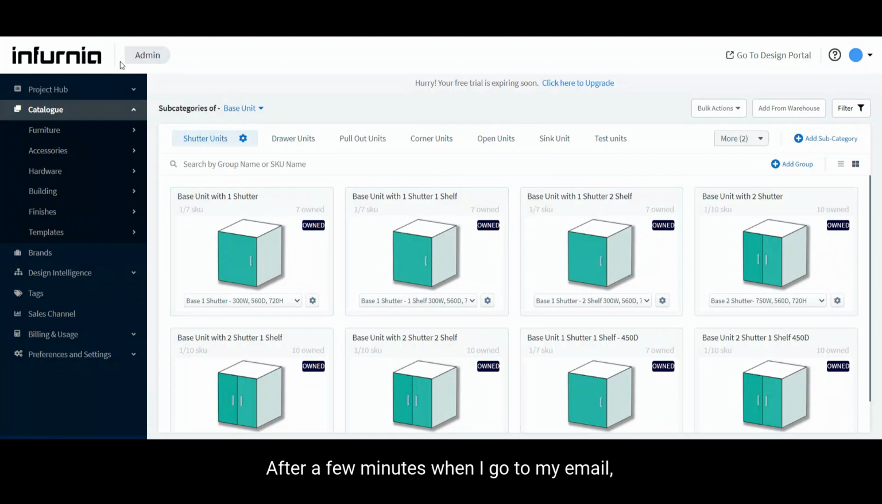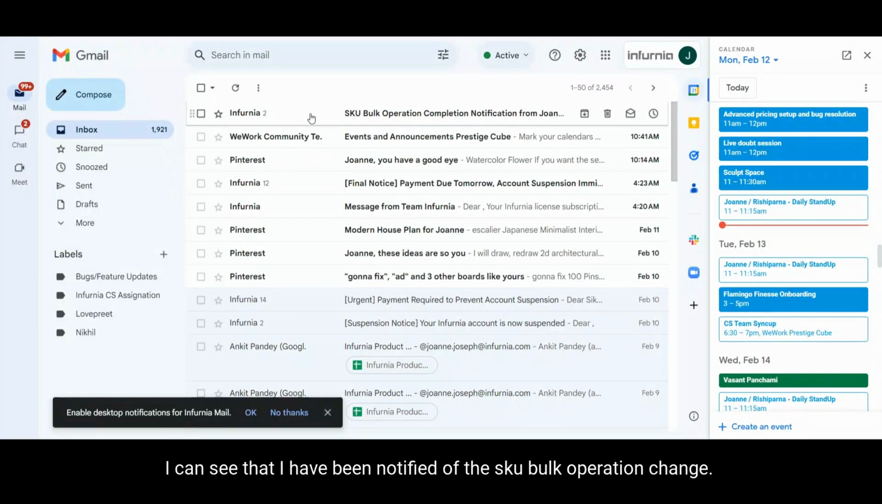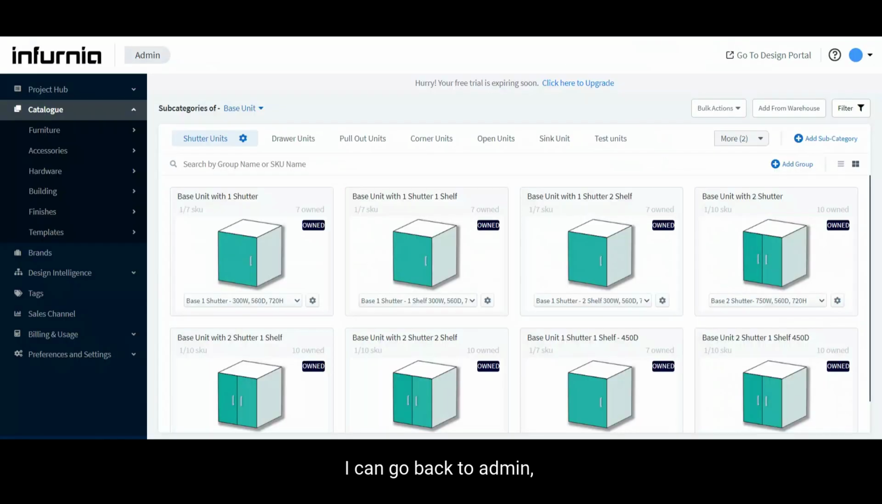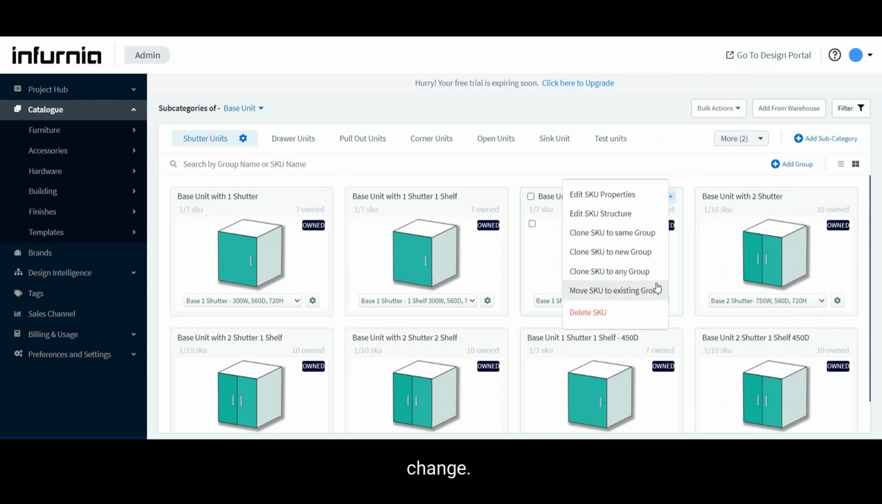After a few minutes, when I go to my email, I can see that I have been notified of the SKU bulk operation change. Now that that has been set, I can go back to admin and I can check the SKU structure for any of these SKUs for which I've applied the change. I select Edit SKU Structure,